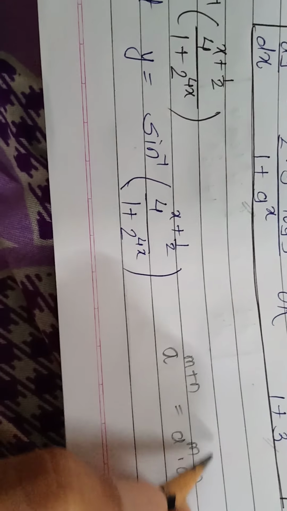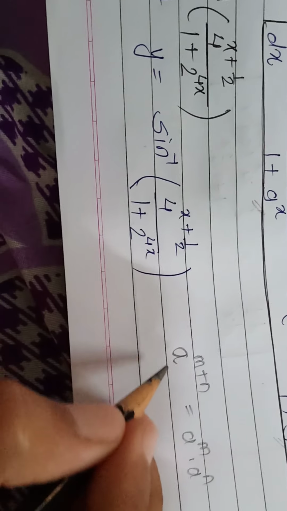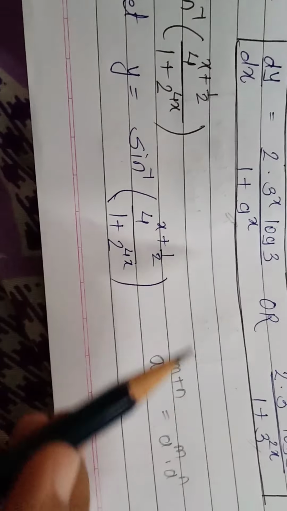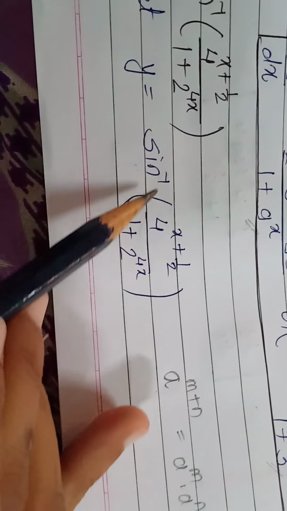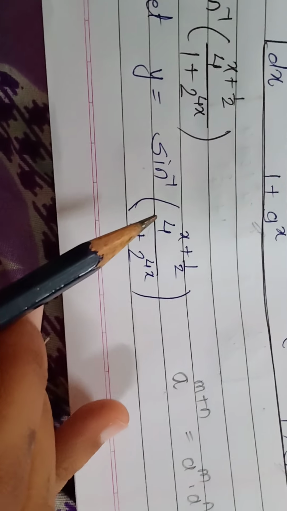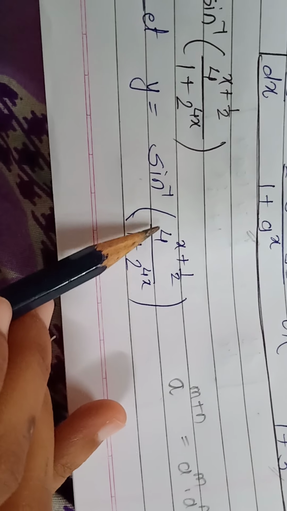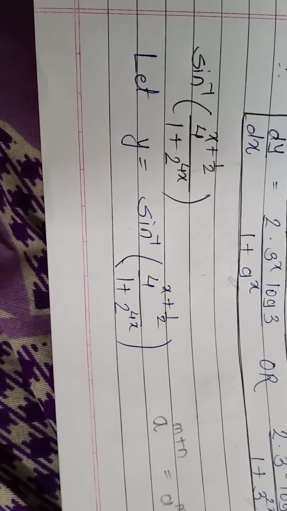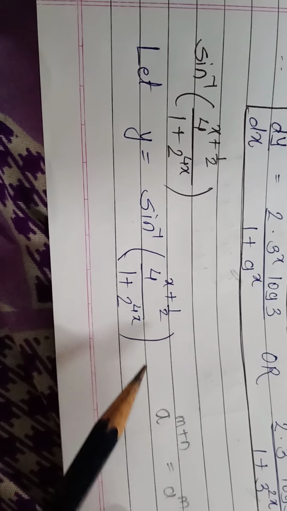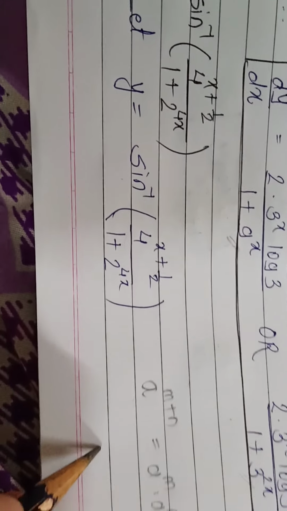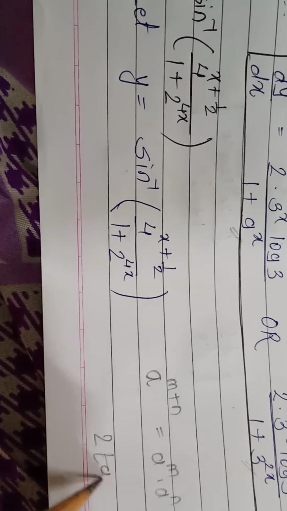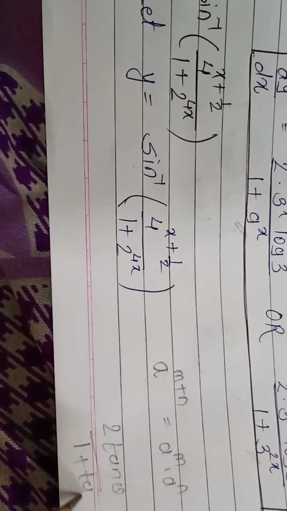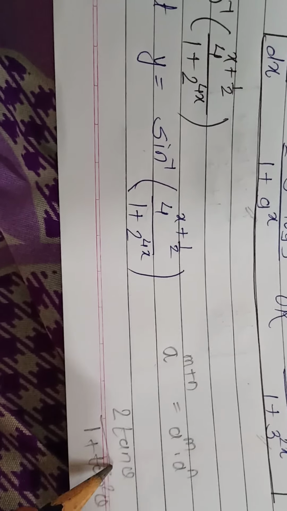Reverse formula. Until now we used it this way. Now we'll use it in reverse form. So we'll split this in order to get something as it is sine inverse, and this is completely different. It should be 2 into something, or that 2 sin theta cos theta form, but as it is in the denominator, we can convert it into 2 tan theta upon 1 plus tan square theta, right, as it is in numerator denominator format.